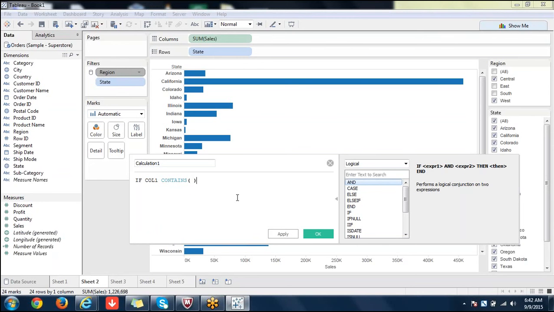Use contains: if column 1 contains such a thing, true, then okay; else if it contains a different value, again write contains, and at the end write else and end. This is the syntax. If you have multiple conditions to check, use if then else. If you have an exact simple string comparison, use case.